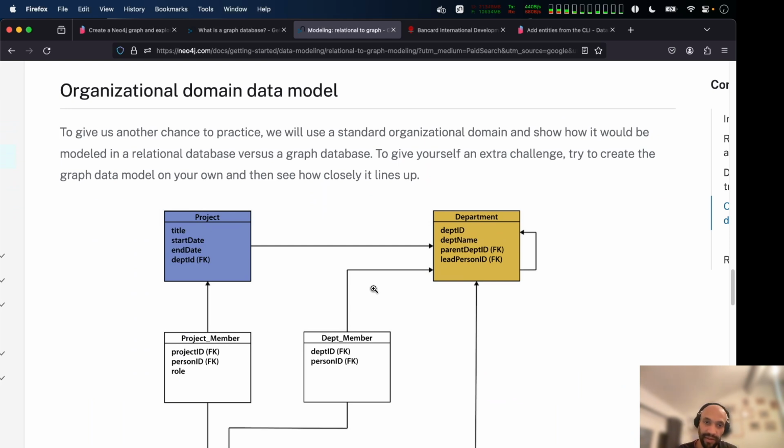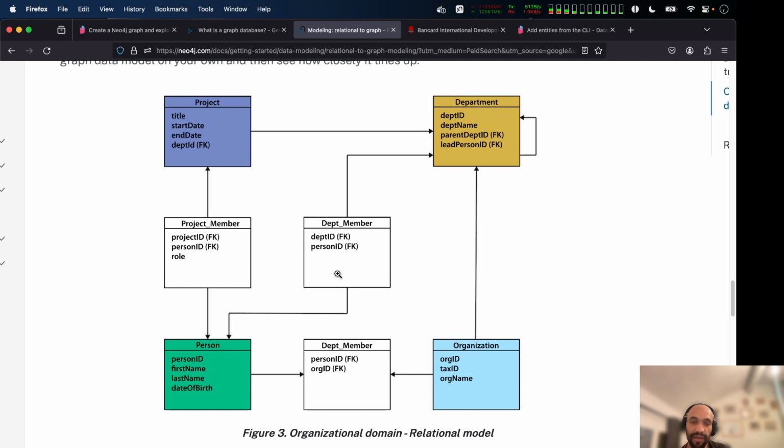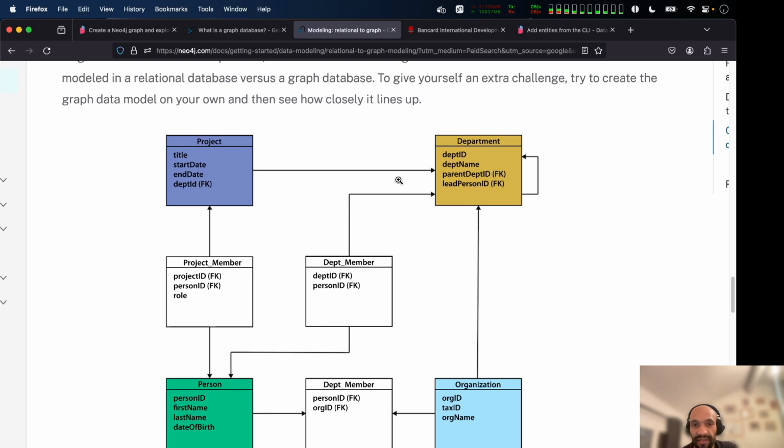Now that you've understood what a graph database is and how it's different from a relational database, imagine that we were to try to understand how a company works and model the company with a much more complex data model, where we model the fact that a person can belong to several projects, that the projects are owned by a company's departments, that the organization is composed of several departments, and that a person can also belong to several organizations. Basically, we've switched from a very simple data model to a much more complex one, and each time two different kinds of entities are linked together, and an entity can be connected to several entities of another type,